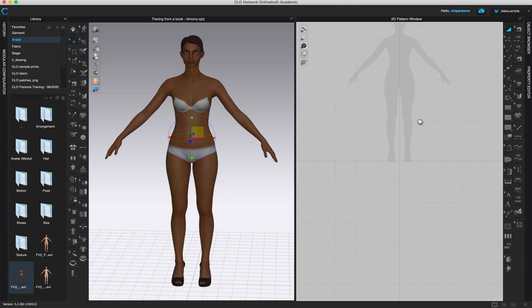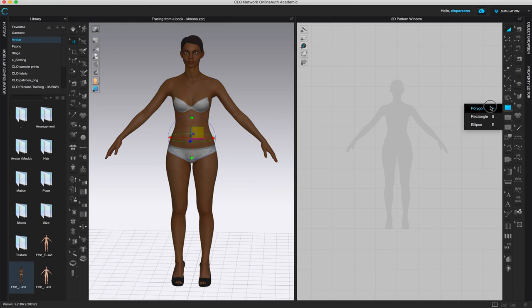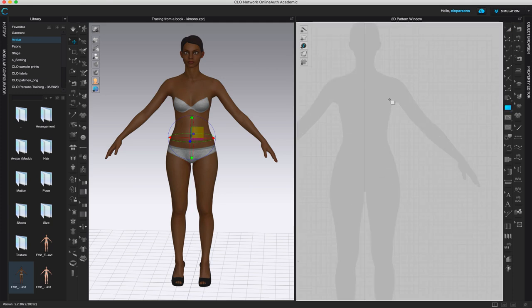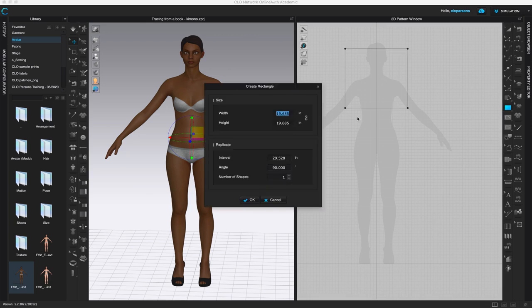But before I do that, I want to make sure that we have a large pattern piece on which we can trace that. So I'm going to come to my rectangle, or that's a polygon, rectangle, ellipse. Do not go to internal or baseline. Go to the first tool. So let's take a rectangle or shortcut S, and I'm going to create a large pattern piece on which we will trace the pattern. So I just left clicked in the 2D window, and I'm going to give this, let's say, 30 by 30, and you can see how big that is,